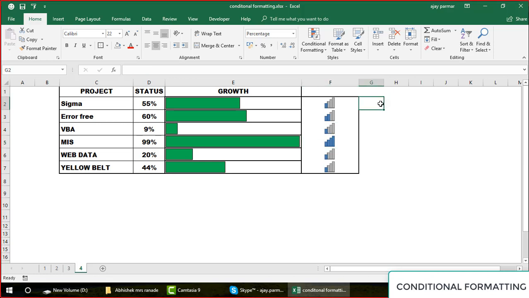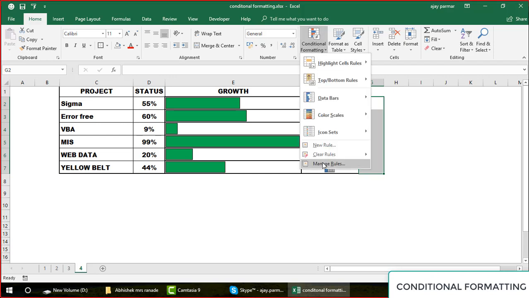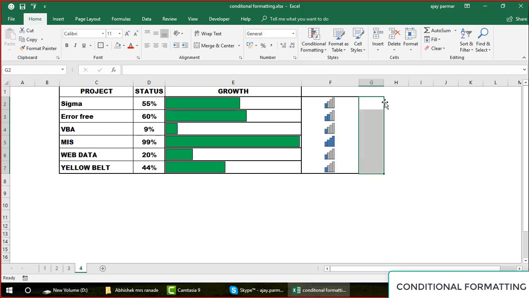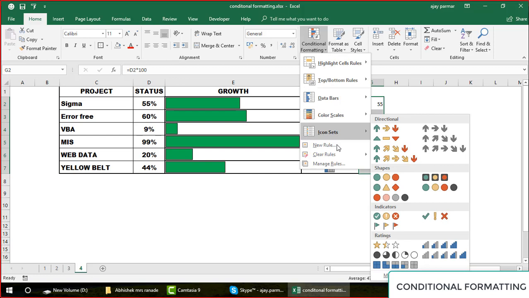Same way you can choose the other graphs also. One of my favorites is this one, conditional formatting. So let's do one thing, since we already know. Let's quickly put the values here into 100. They are directly coming from your project, right? So we have the values. Conditional formatting, new rule. Now, as I said, these are all icons.